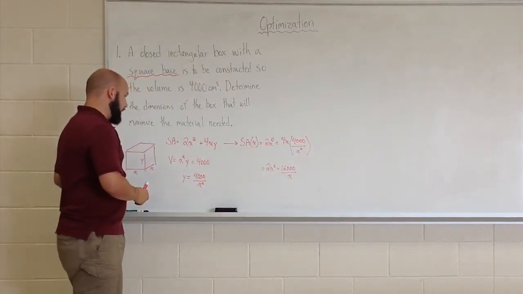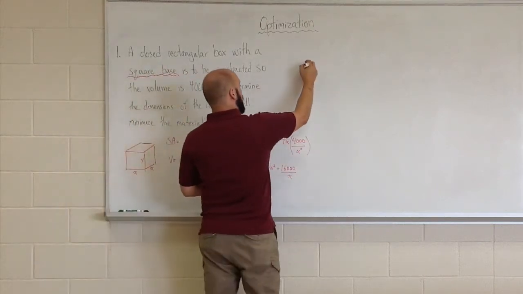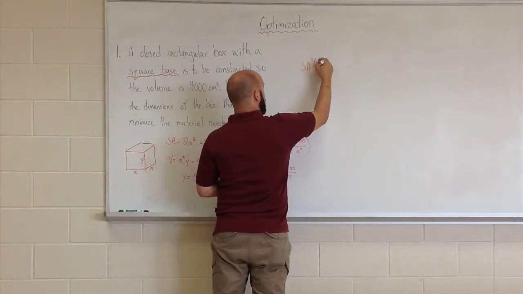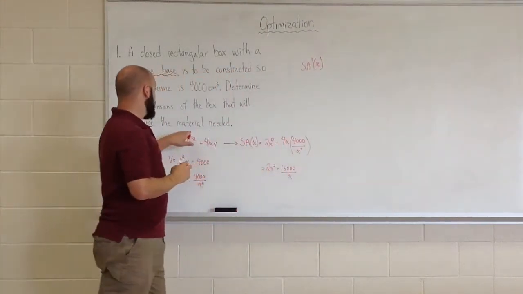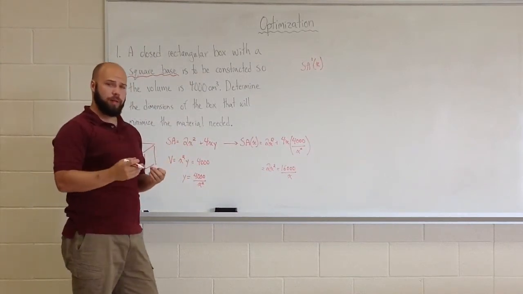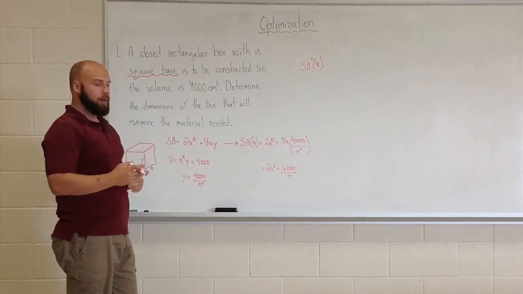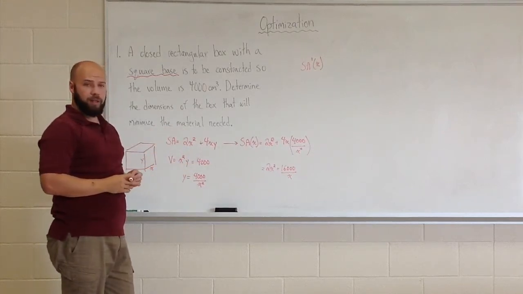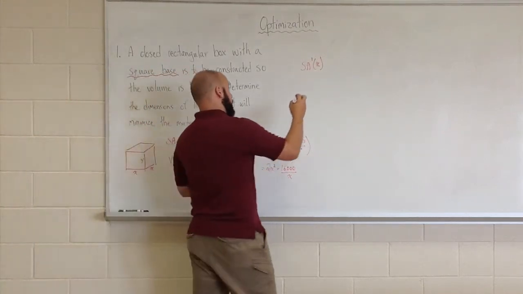Once we do that, we set it equal to 0, and we can find the minimum amount of material needed. Setting it equal to 0 gets those critical points. It gets a max or min. We're going to have one answer here, and it will be our minimum. So we should have